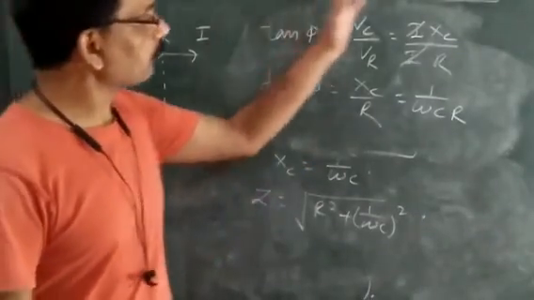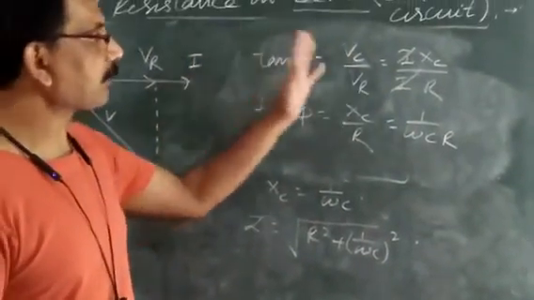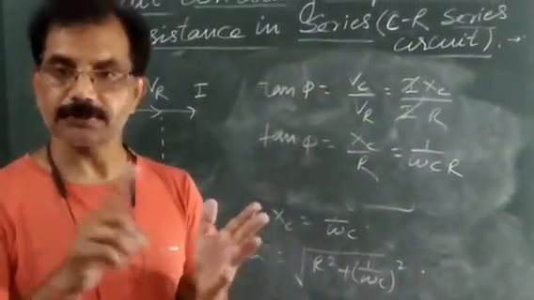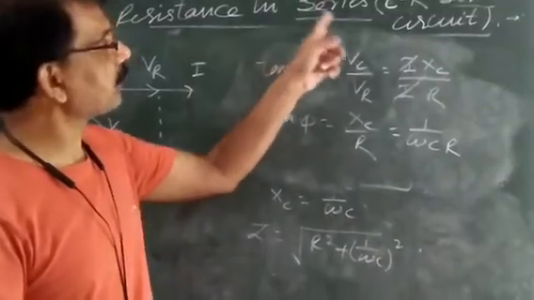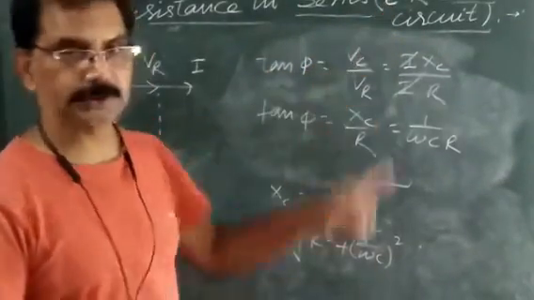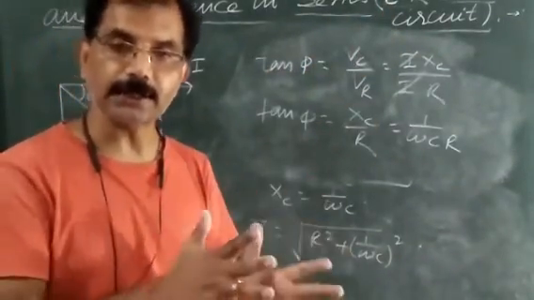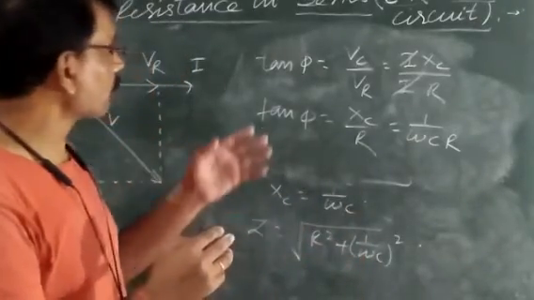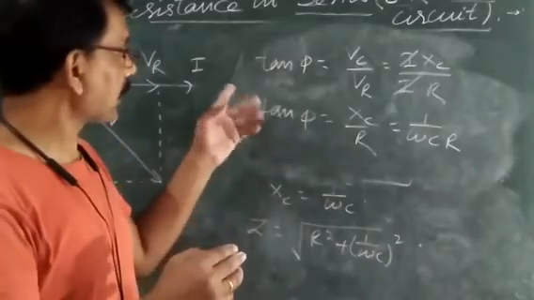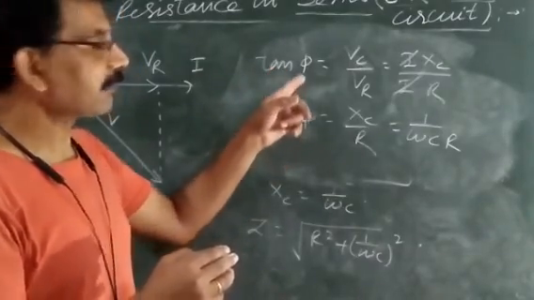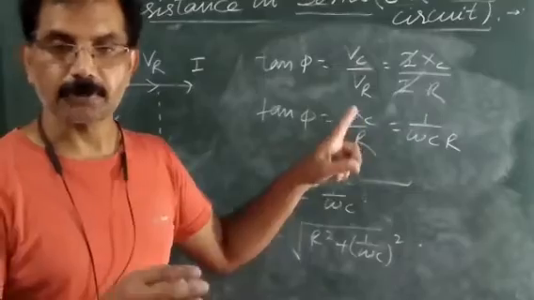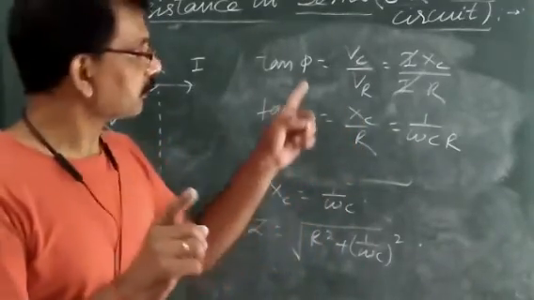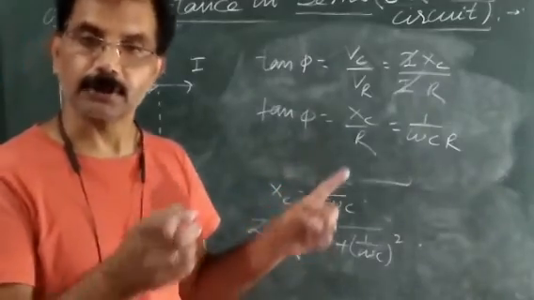So today all of you go through this topic. What I have discussed is basically about when the circuit contains L and R in series, and when the circuit contains C and R, means capacitance and resistance in series, then how we can calculate the impedance of either the LR circuit or the CR circuit, and how we can find the phase angle phi. Be careful about this phase angle as well as the formula for impedance, because when you solve numericals, you will always use these formulas for finding the impedance of the circuit.